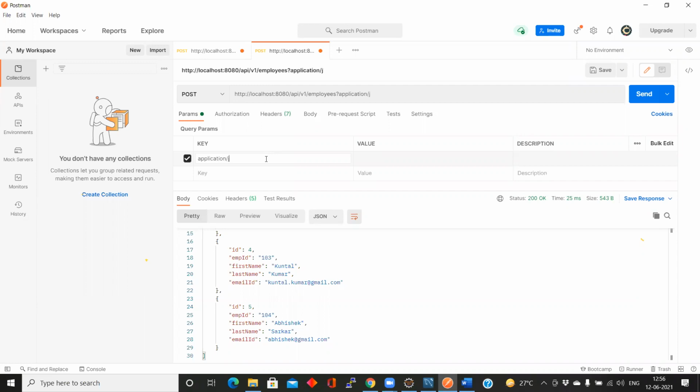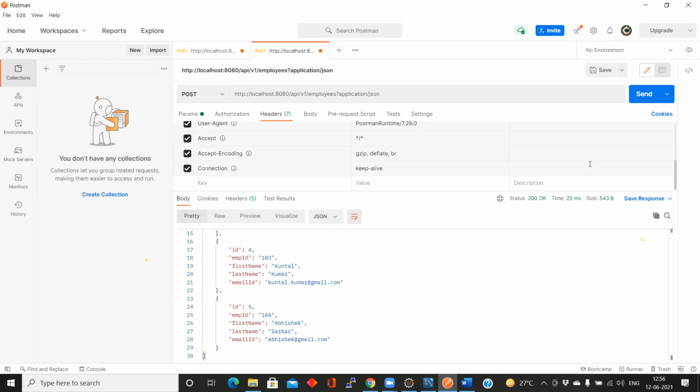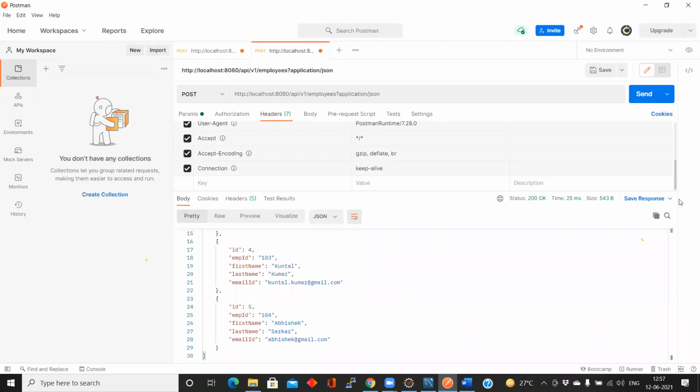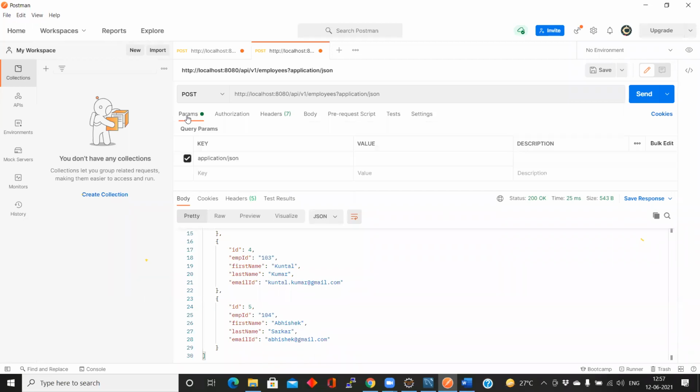Application slash JSON. One minute, I need to check it.